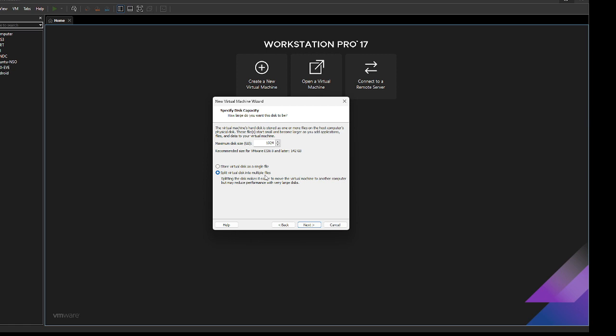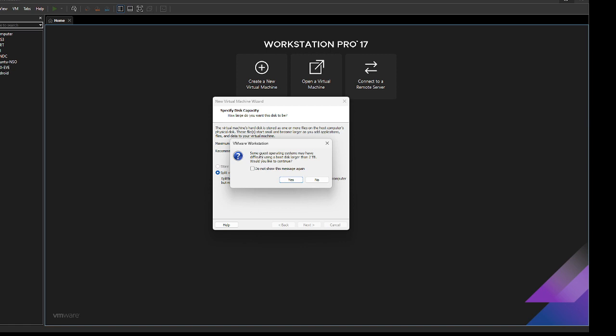So with the split virtual disk, what it will do is try to communicate with the hardware. It will say that I want 1 TB of hard disk, but before that, it will see whether it actually requires it or not. If it doesn't require it, it will not ask the hardware to provide that resource. So currently, you can give any storage. You can also give 2 TB, maybe 2048. That's not a problem. So always select this. You see that once I go to 2 TB, it has unselected and disabled the first option. So always select the split virtual disk, because we don't want to reserve it for 100%.